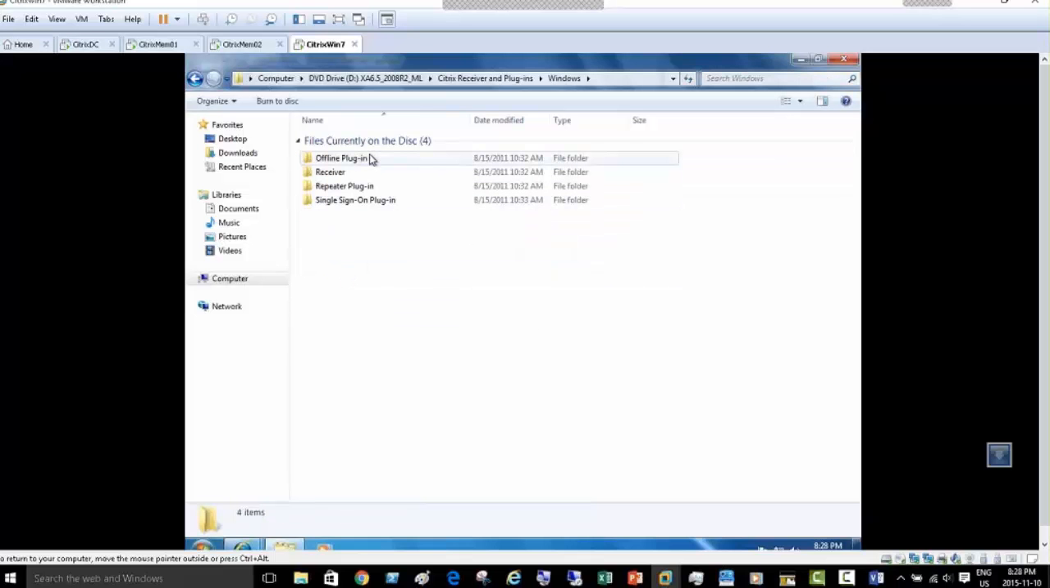Anyway, offline plugin or receiver plugin. So we have Citrix offline plugin for Zen streaming. There are all these plugins here. Receiver, the actual receiver. If we go, this is the one. So Citrix Receiver Enterprise. So if I double click that,